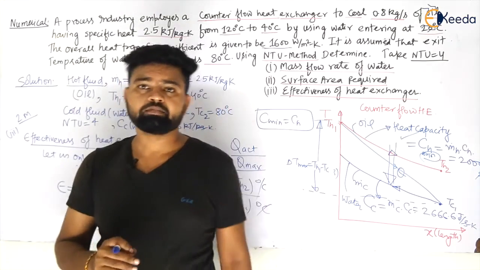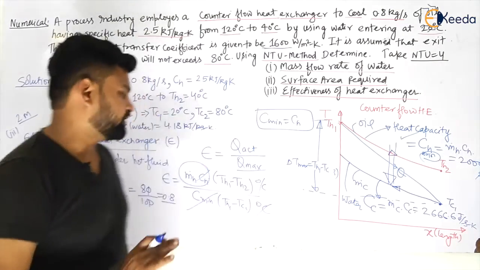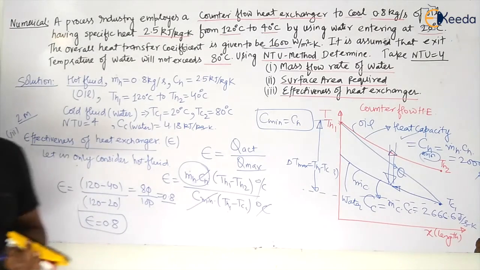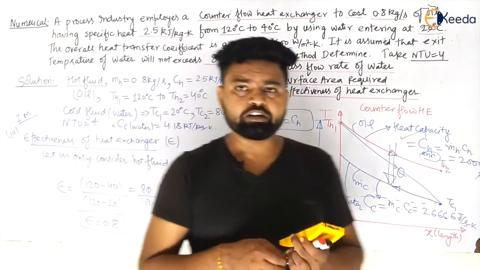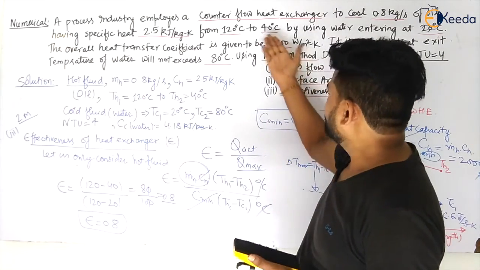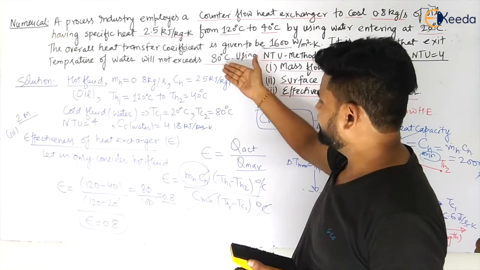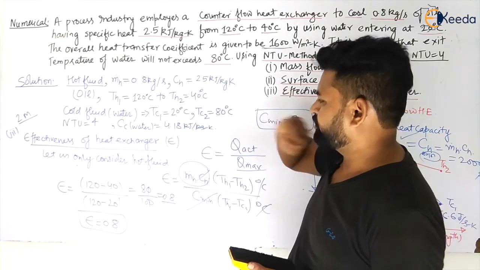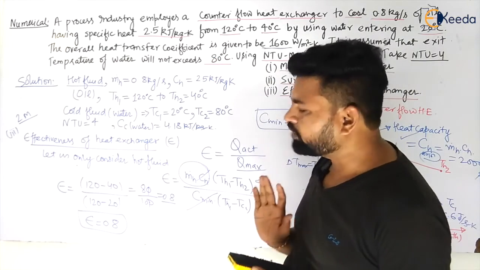So we know the effectiveness now. We have calculated it. These kinds of questions will be asked in your GATE examination, only these kinds of questions. That is 120 minus 40, simple. Then we can easily do 80. Sorry, that is TC1, my dear students. We have to only take TC1. So don't make mistakes in GATE.